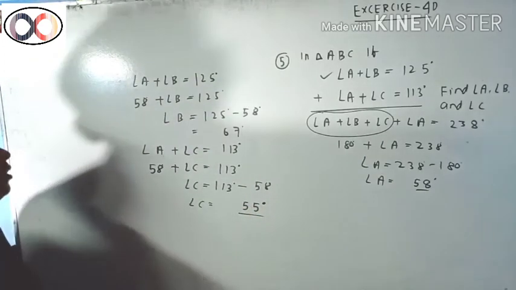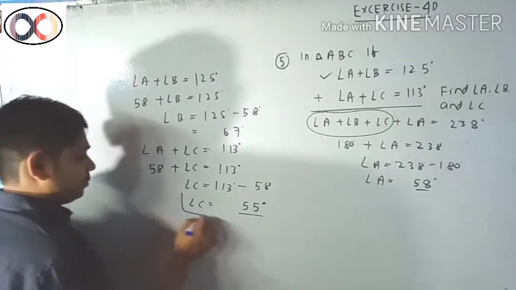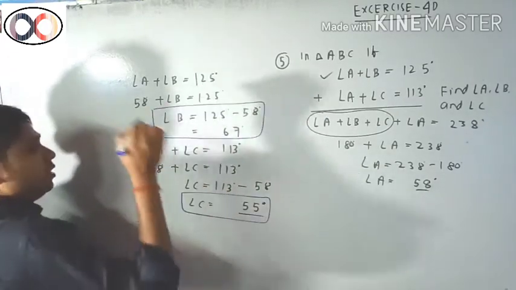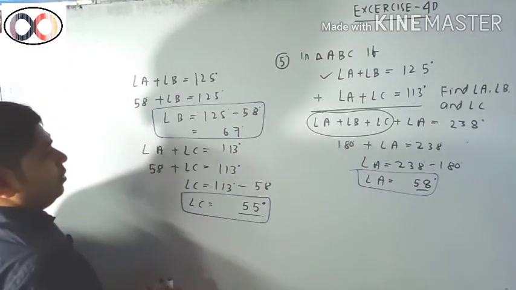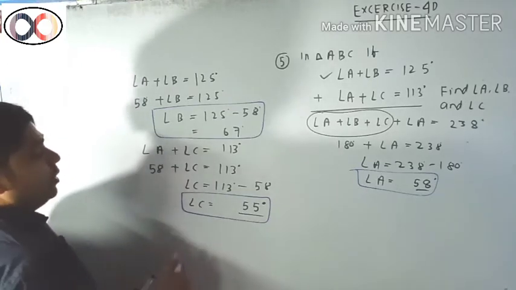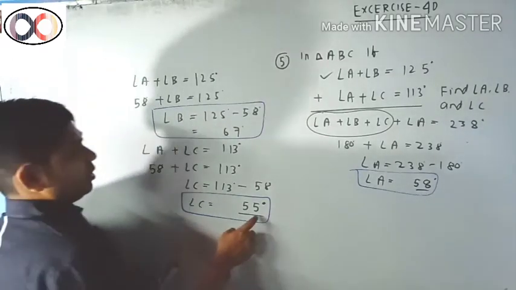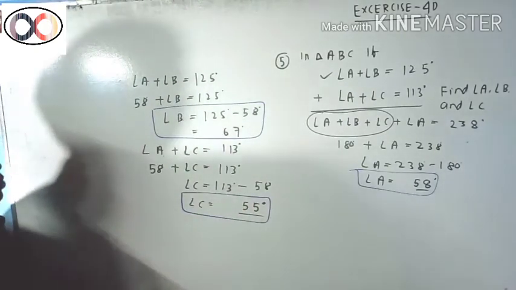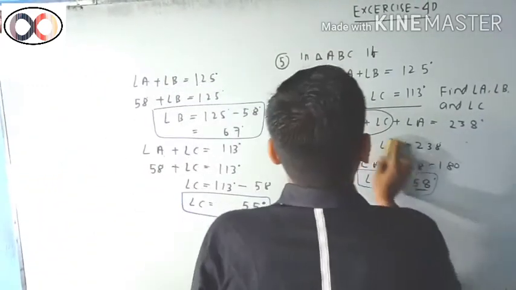So students, you can see the values of A, B, and C. Here is C, and here is also B, and here is also A. If you add them all, you will get 180 degrees. So 7 plus 5, 5 plus 5 is 10, and so on, yes, 180. Okay, so next we will process the next question, number 6.